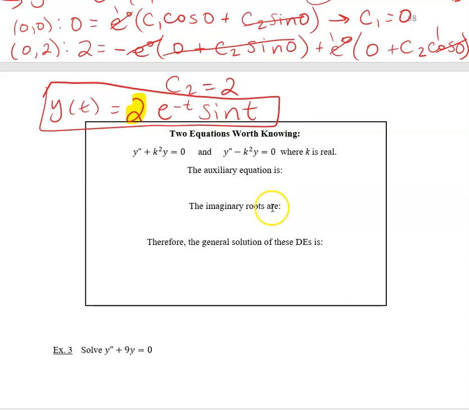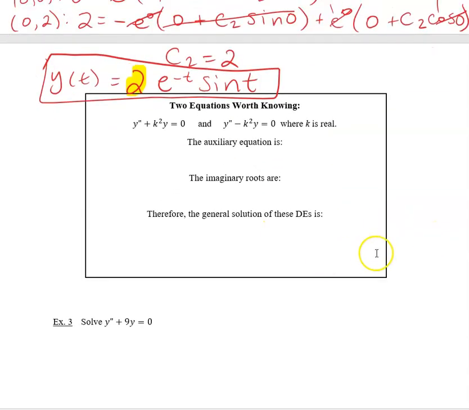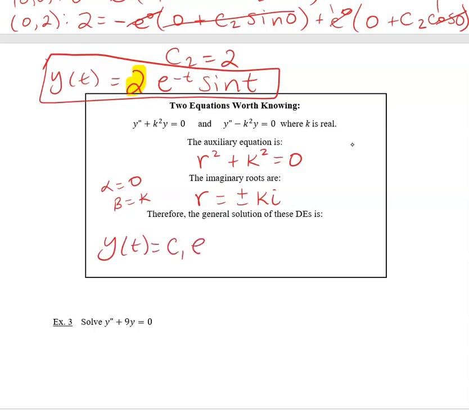Last little thing here, a couple of equations that are worth knowing. These just come up frequently, so they might just be worth recognizing them when you see them. These you can also just work them out by hand, so that's not a big deal, but the auxiliary equation for both of these is going to look like this. You're going to have r squared plus k squared is equal to 0, so the imaginary roots are going to be plus or minus ki, which means that alpha is 0 and beta is k, and so that means your general solution is going to be C1